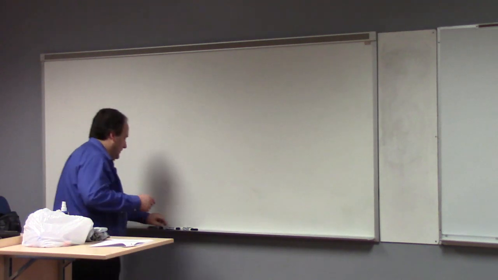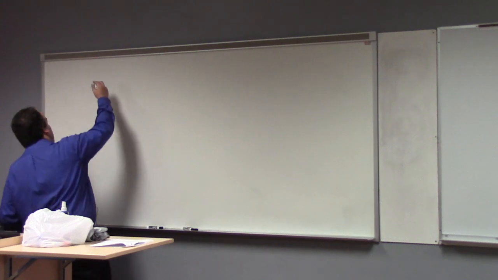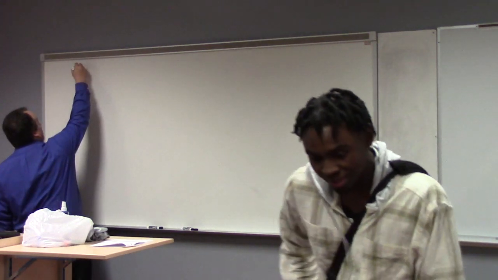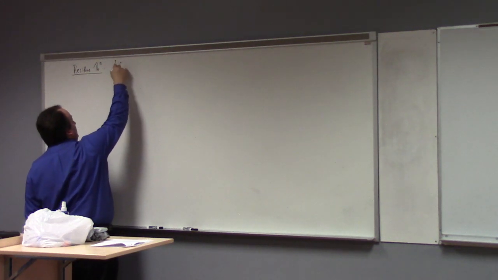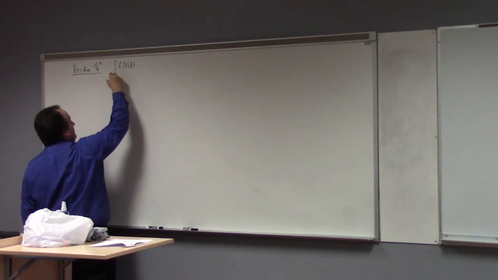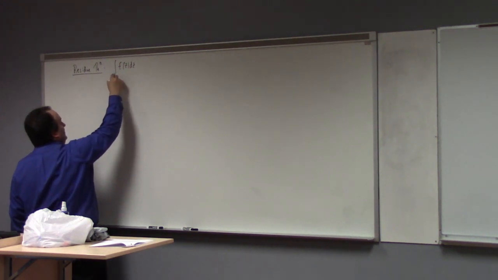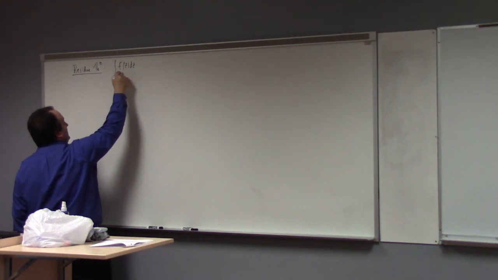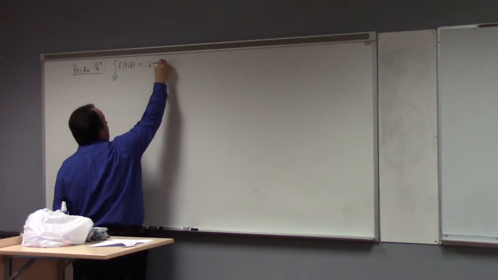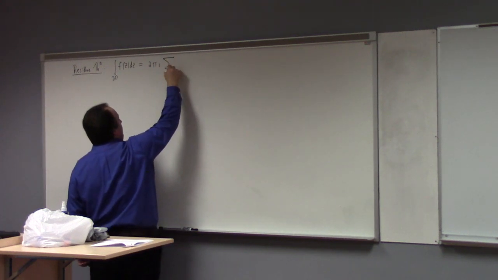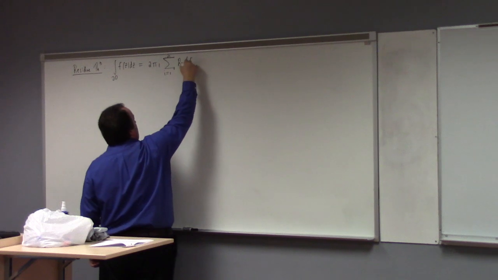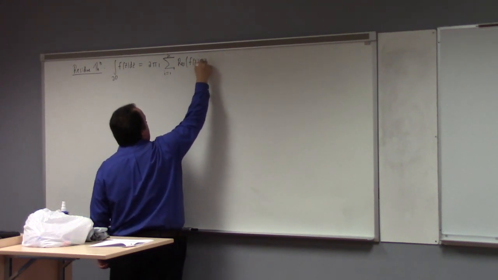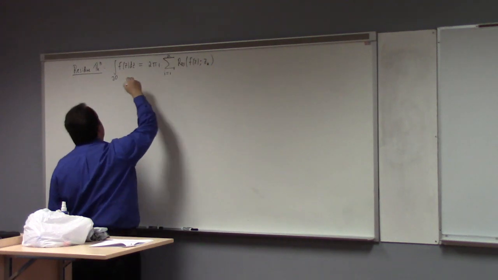All right, so the basic thing we have to work with that we keep coming back to is the residue theorem, right? What's the residue theorem say? It says that the integral of f of z dz around the boundary of some domain is equal to 2 pi i times the sum, i equals 1 to, let's say, k, of the residue of f of z at zk, where